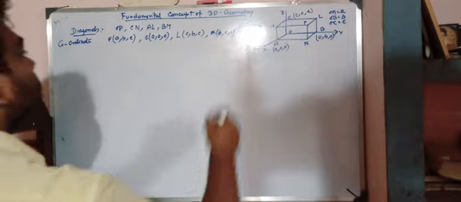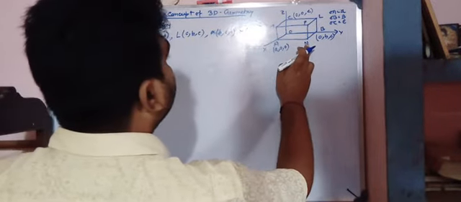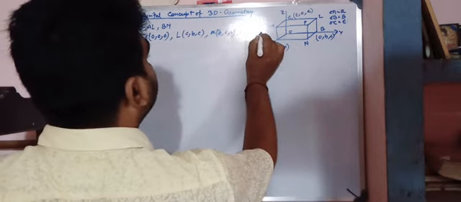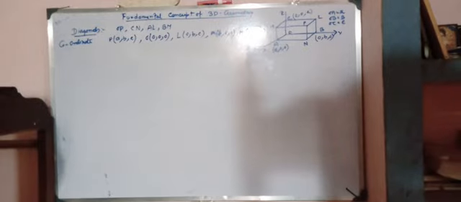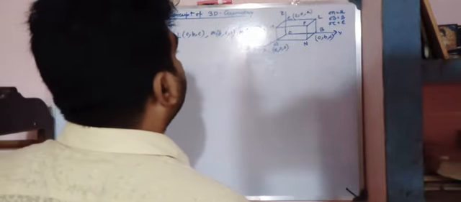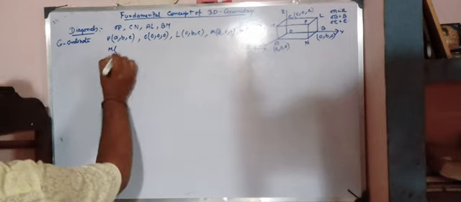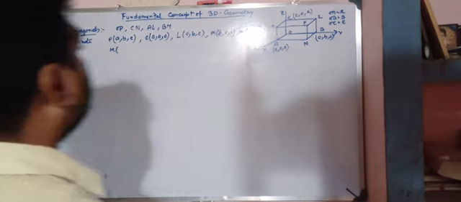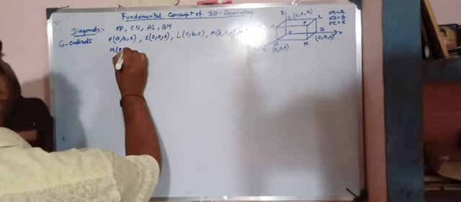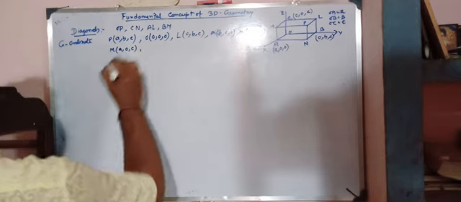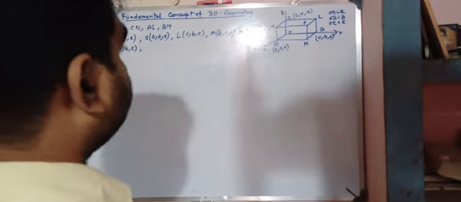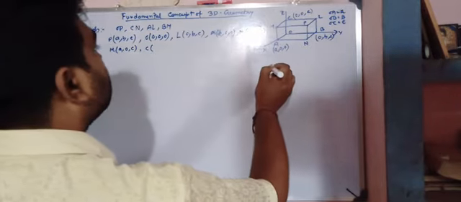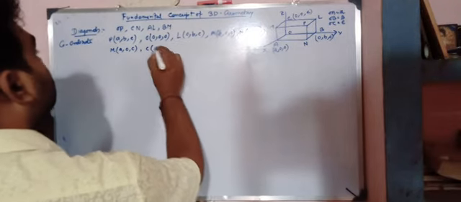Coordinate of N. Since it lies in the xy plane, it is obviously (a, b, 0). Understood that? Next, come to coordinate of M. Since it lies in the zx plane, it is (a, 0, c). And coordinate of C is given as (0, 0, c).